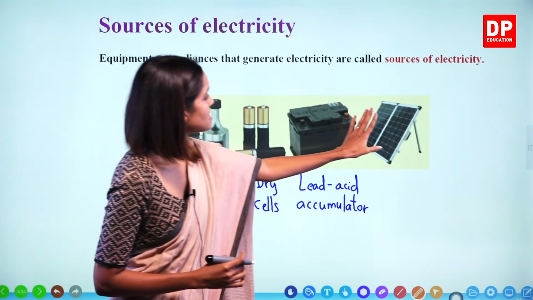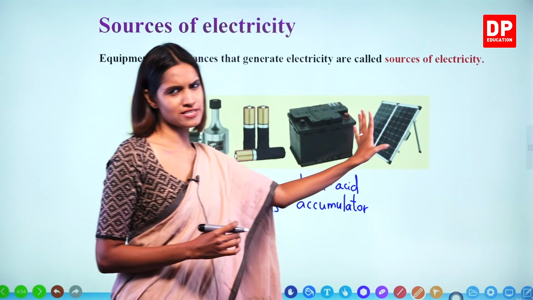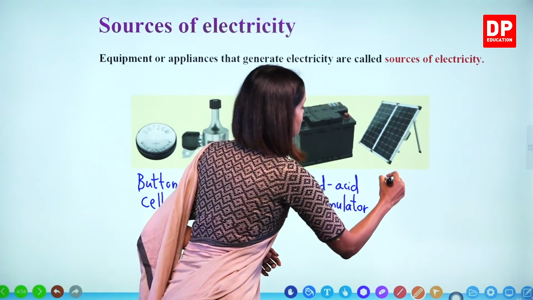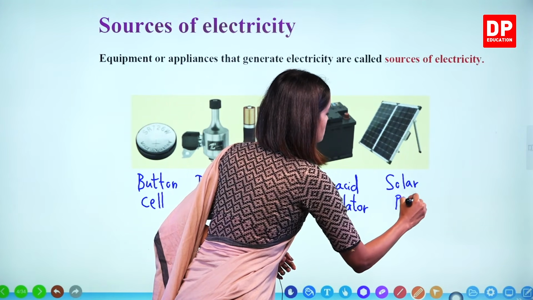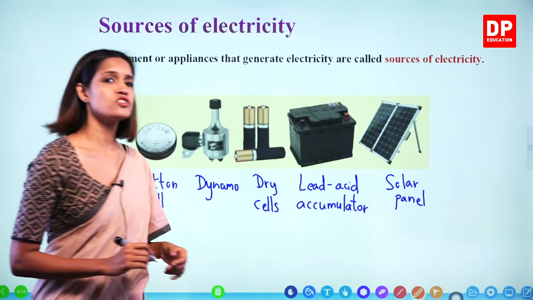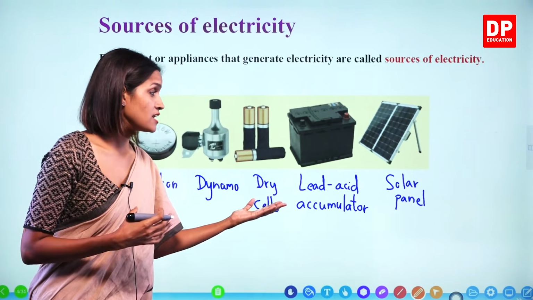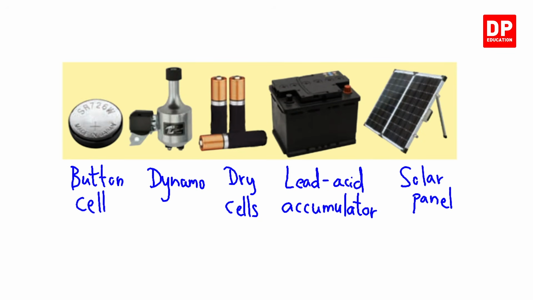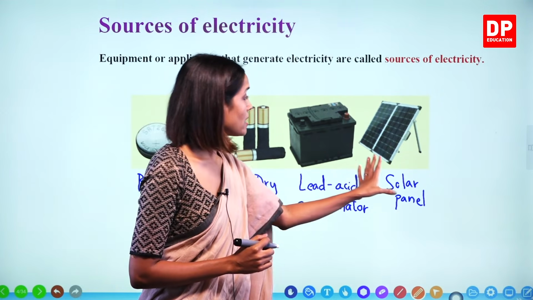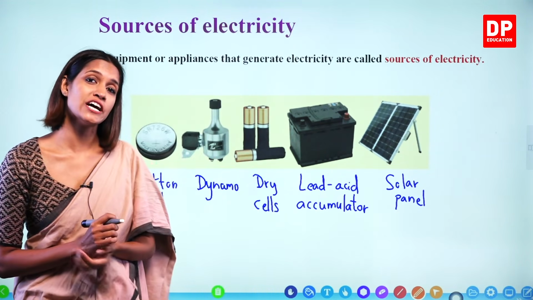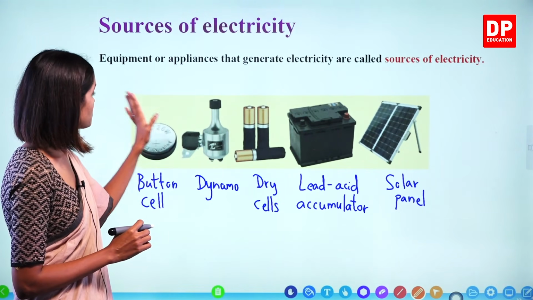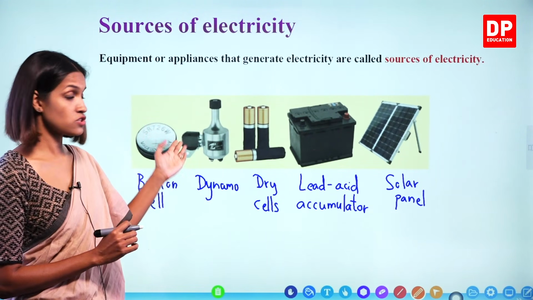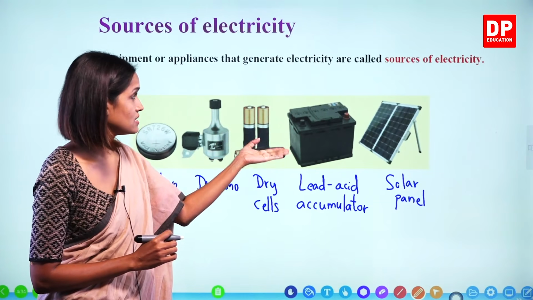Okay. What is the last one? This one also you must have seen. This is solar panel. These days a lot of people use solar panels in order to generate electricity. Solar panel is made by the combination of a number of solar cells. So these different types of things that produce or generate electricity are known as